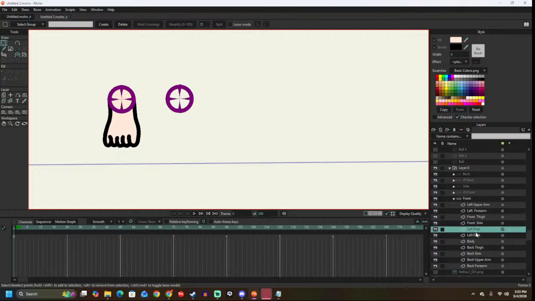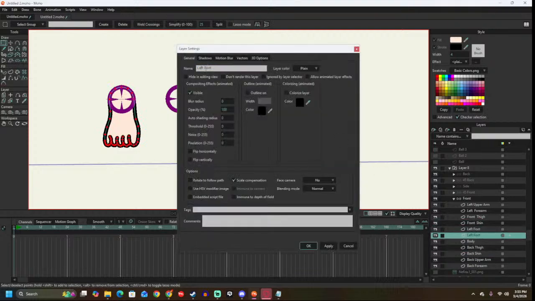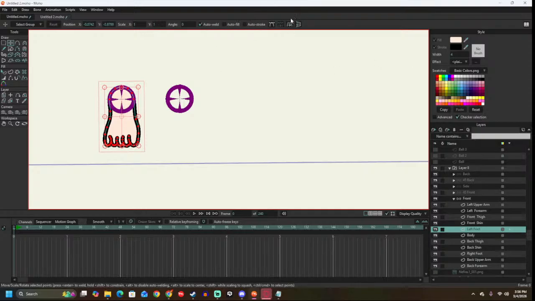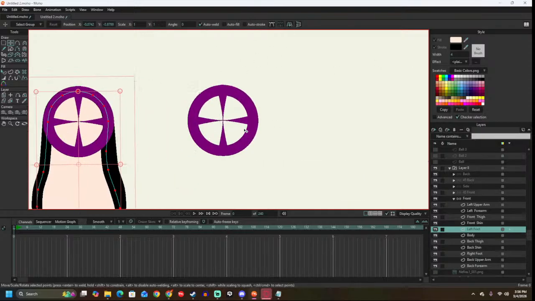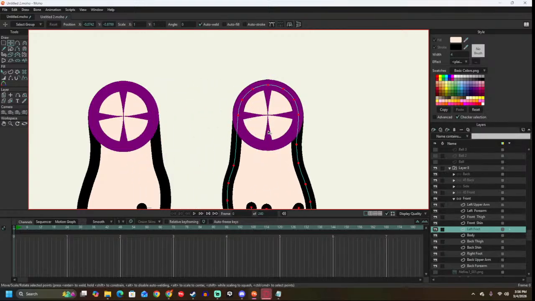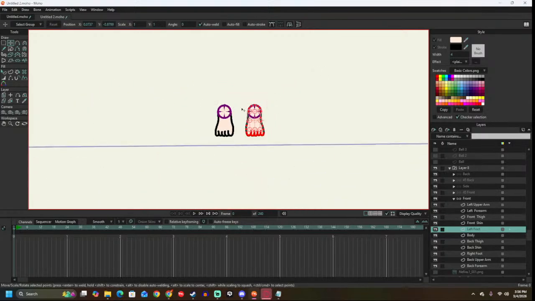Bring that toe over there. Rename this to right toe. Now we're all good there. So, like I said, now remember how that looks and try to blend that in as well there. Okay,